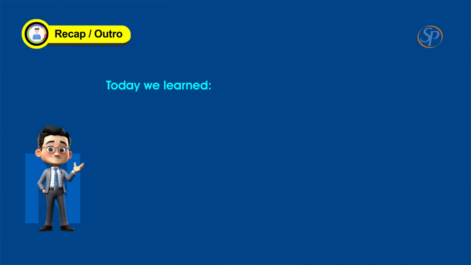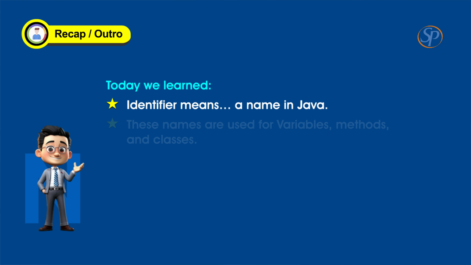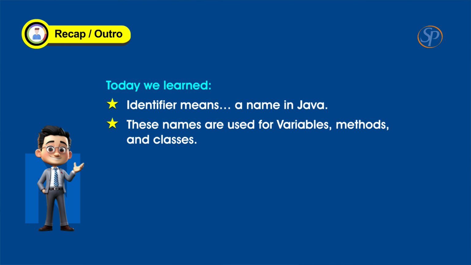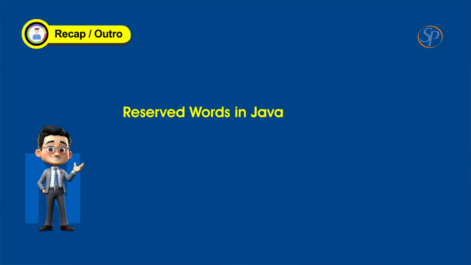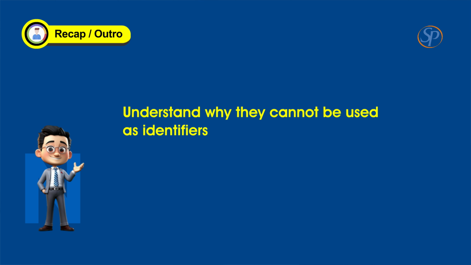Alright, let's quickly recap what we learned today. First, identifier means a name in Java. These names are used for variables, methods, and classes. We also learned that identifiers must follow certain rules. And finally, we saw how to use good and meaningful names by following proper naming conventions. Now in the next video, we will learn about reserved words in Java and understand why they cannot be used